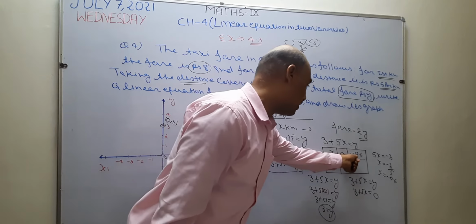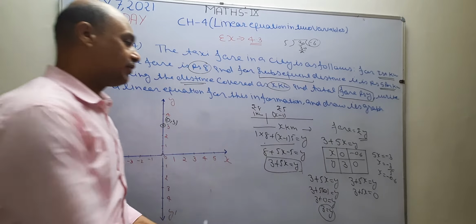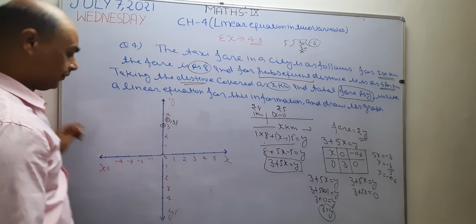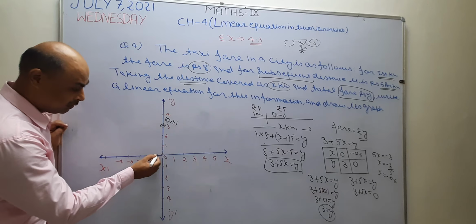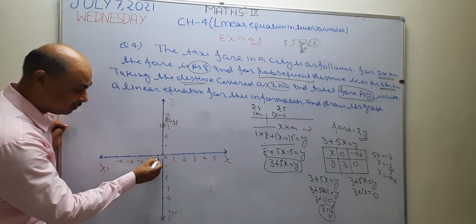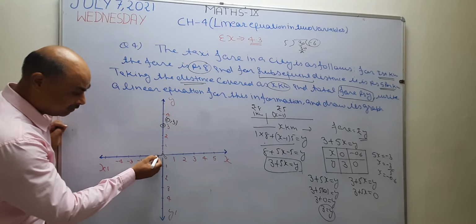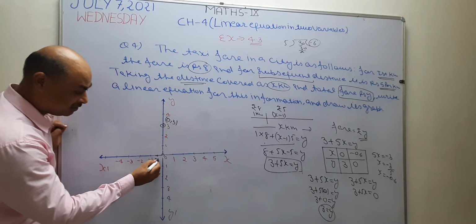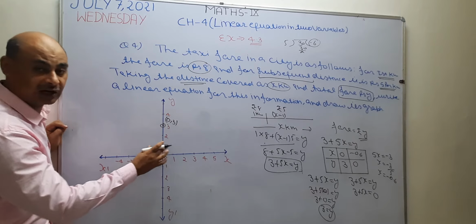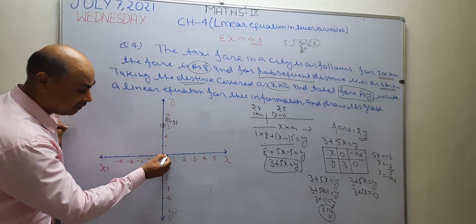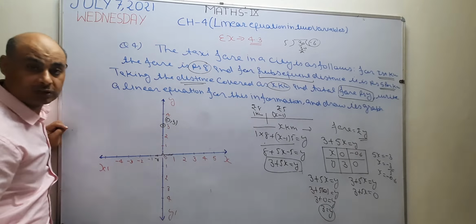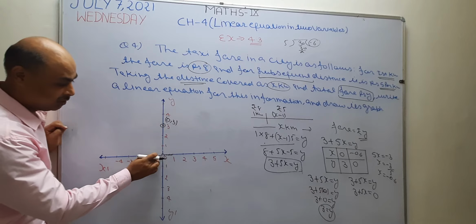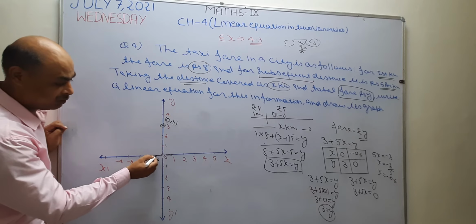Next, the value of x is given as negative. Negative is on the left side, positive on the right side. So I want to take this point on the left. The point is 0.6. Now see, between 1 and 0, which point lies? Minus 0.5. After this 0.5, the next box is going to represent which point? Minus 0.6. When you plot this point on graph paper, there are 10 boxes between every point. The middle line is going to represent 0.5. After that, the next one is going to represent 0.6. So this is the point which represents 0.6.